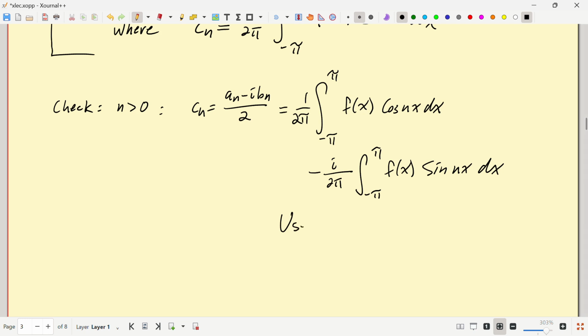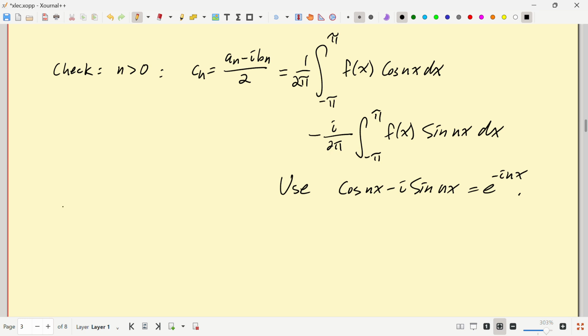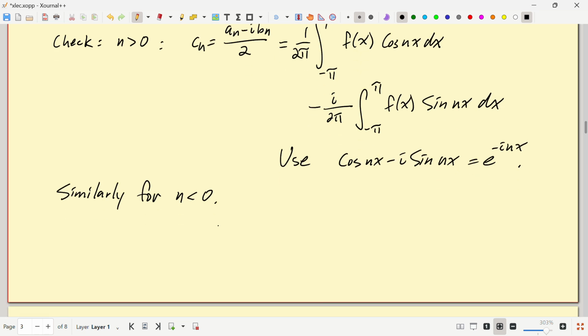So the last thing is to use that cosine nx minus i sine nx is e to the minus i nx. And similarly for the negative terms. Well, a wonderful thing about those, the complex notation,